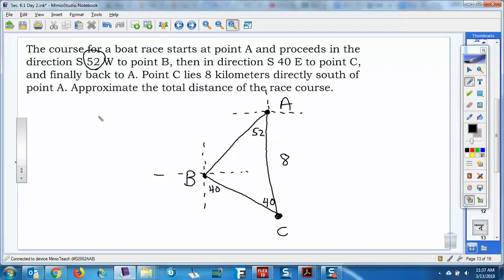Now, the question is, what's the total distance of the course? So we need all 3 sides, and add them up is what we want, because we're going to go from A to B to C and back to A. Well, what do we got? We've got angle, side, angle. That's perfect for law of sines. So sine of